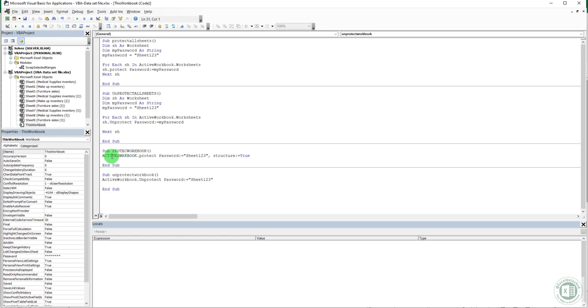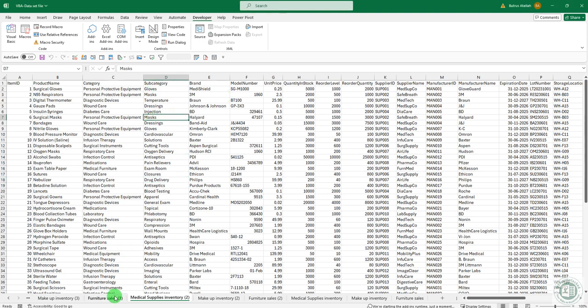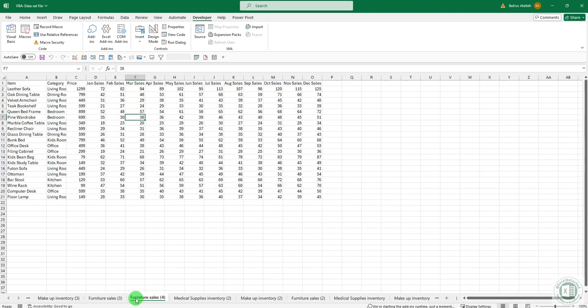I think I made a mistake here. Active. Let's write it in lowercase. Oh, it's gonna correct it. Active work. Okay, it's correct. Let's test it again. So here I can add a sheet or delete a sheet.